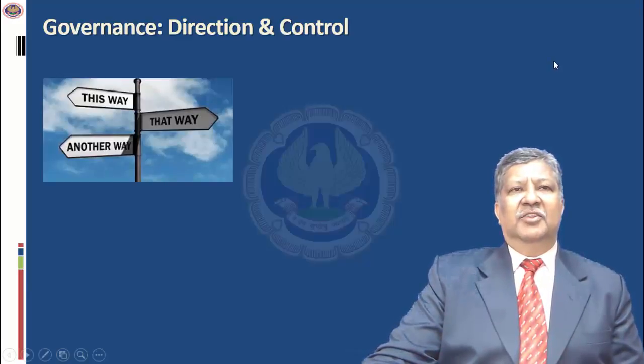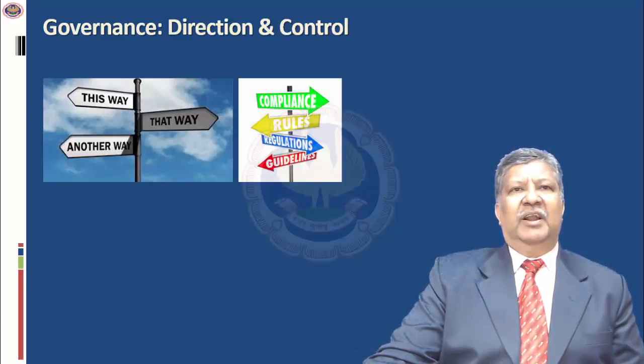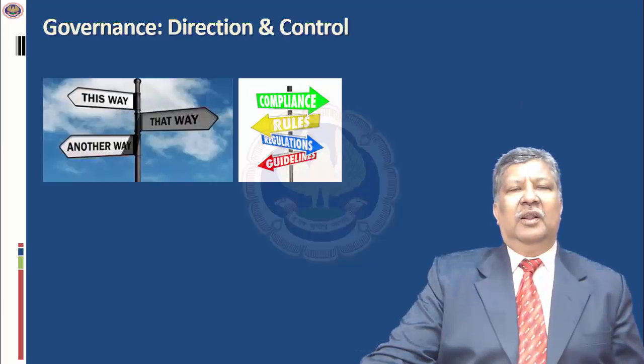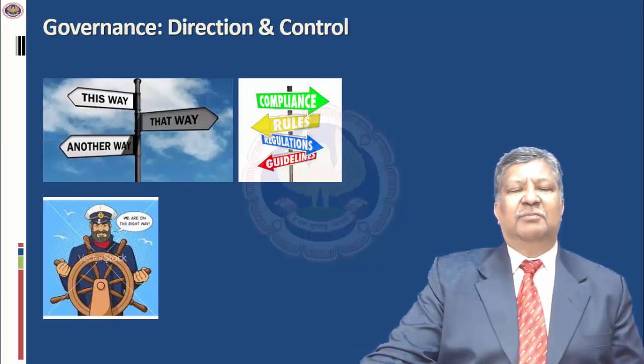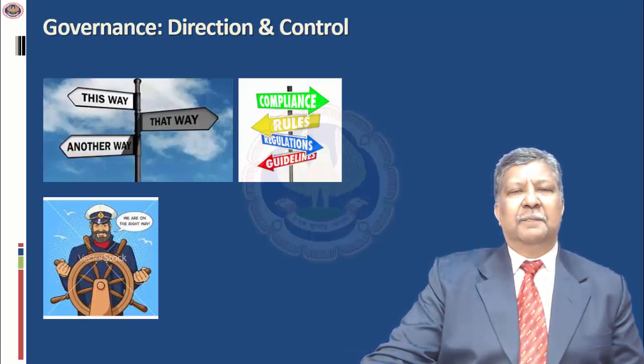The top management, the board of directors, have to provide direction in terms of where the enterprise is headed. And that could be in terms of the performance, compliance, the rules, standards, regulations, policies, procedures, etc. Which means they present the overall direction of where the enterprise is supposed to be headed. It's like the captain of the ship who decides where the ship is headed.